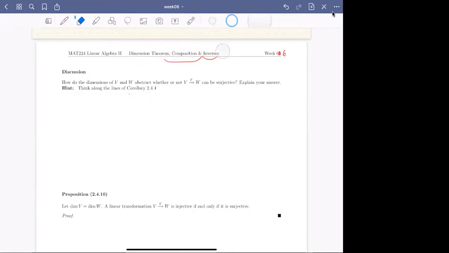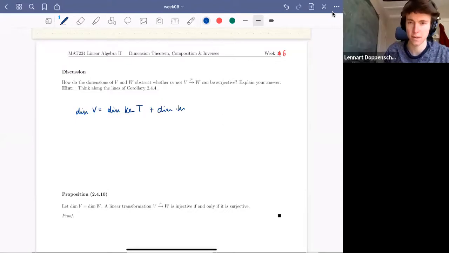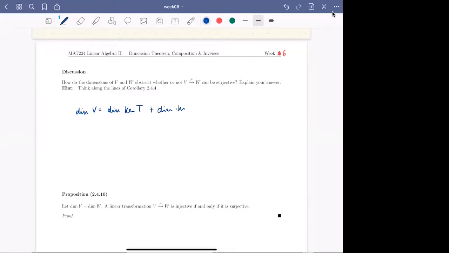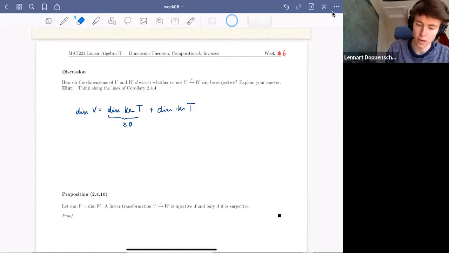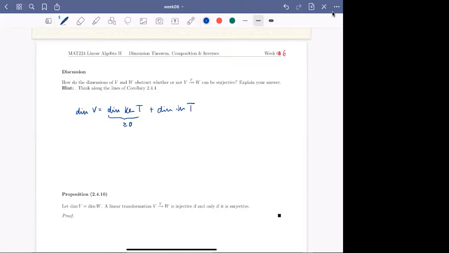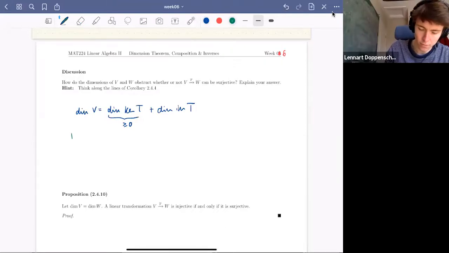So I think the dimension of V should be less than or equal to... no, greater than or equal to W, because by the dimension theorem, the dimension of V equals the dimension of the image plus the dimension of the kernel. And since it's surjective, we know that the dimension of the image is the dimension of the codomain. And the dimension of the kernel is 0 or any positive number. Yes, indeed. So as Jancy said correctly, we need, for surjectivity,